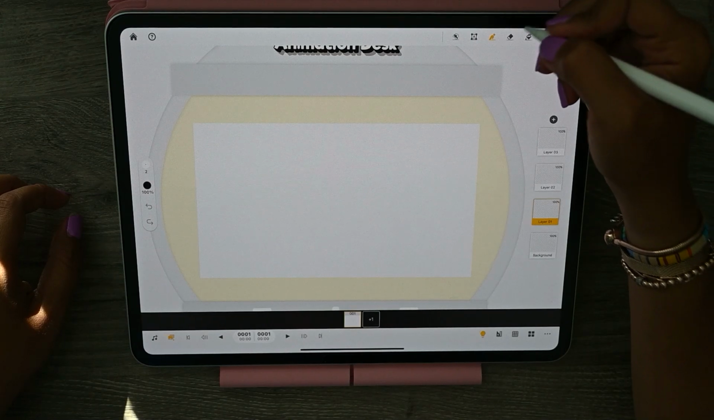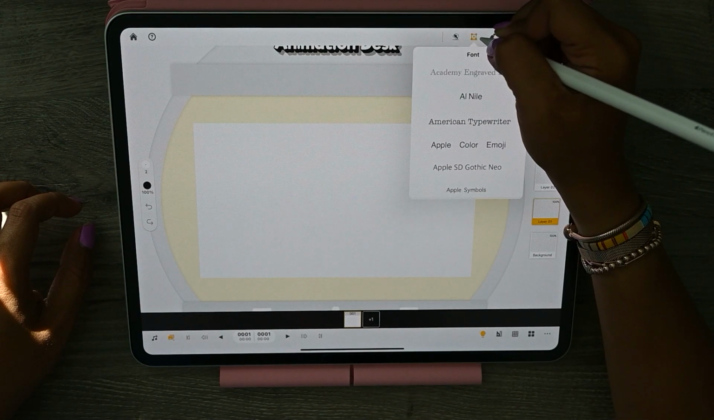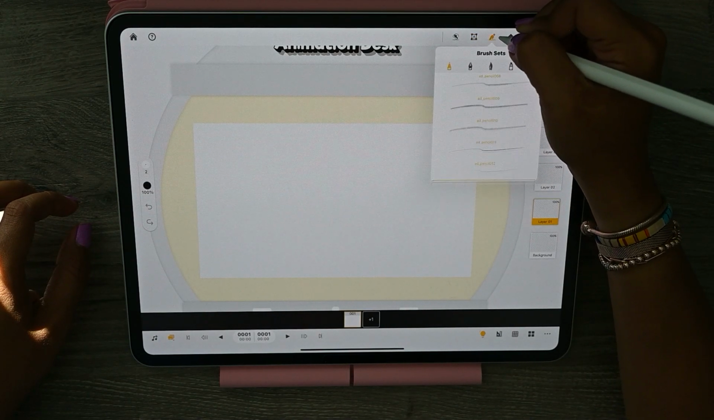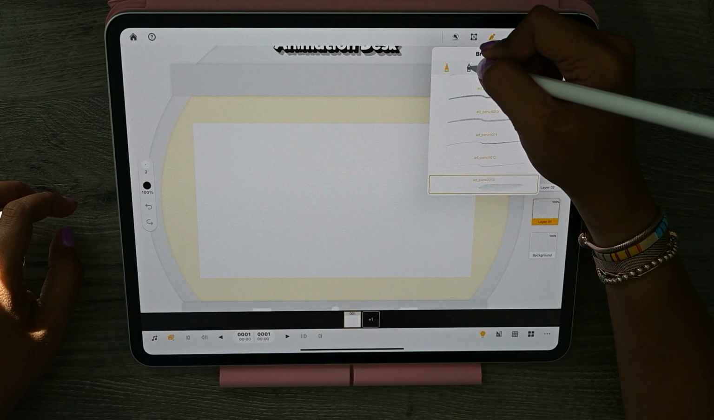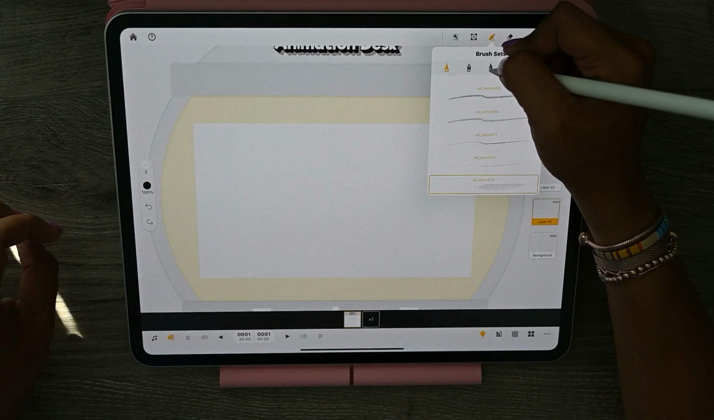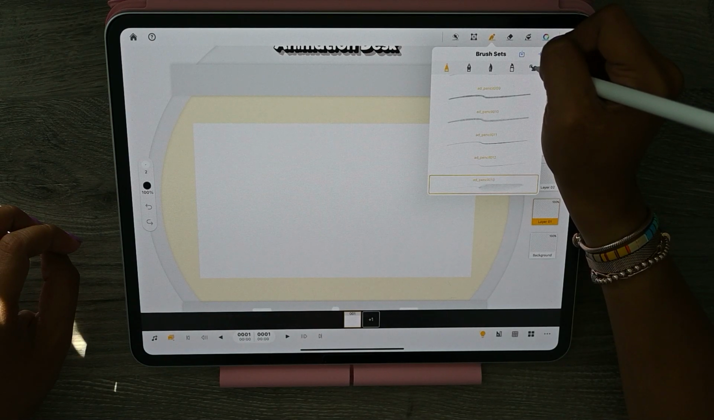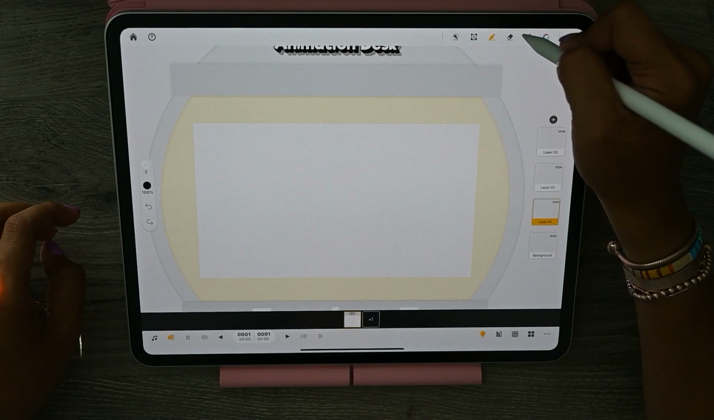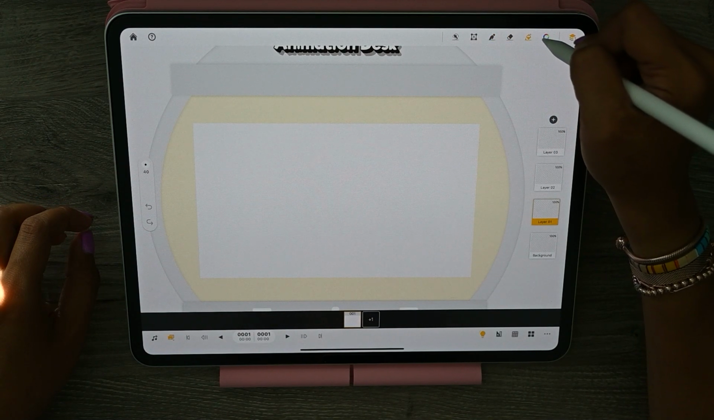Okay, so we're gonna start up here. You have the selection tool. You also have the text tool. Your brushes: you have pencil, gray brushes. You have the pen, the brush. You also have a marker, and then just working with touch. And you also have the eraser, the bucket tool,